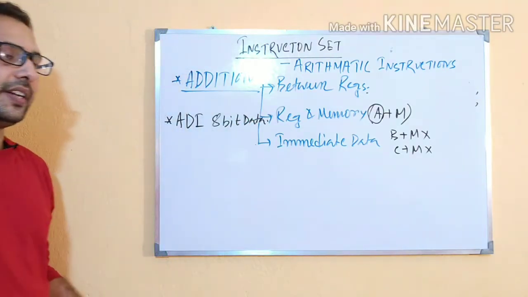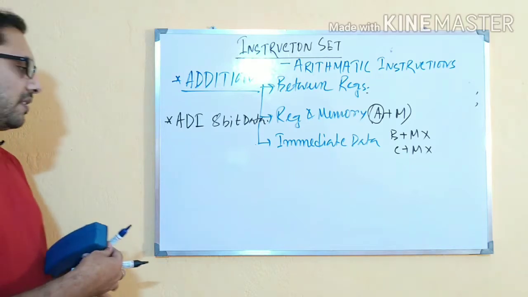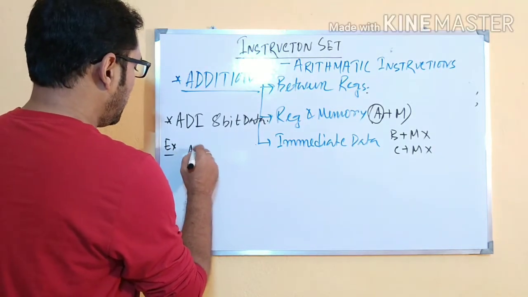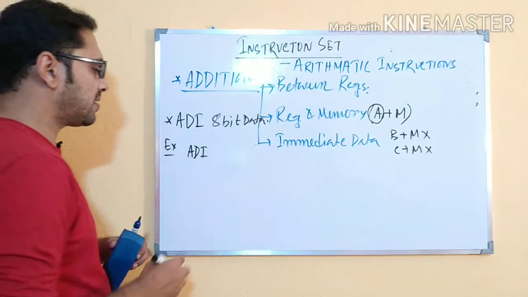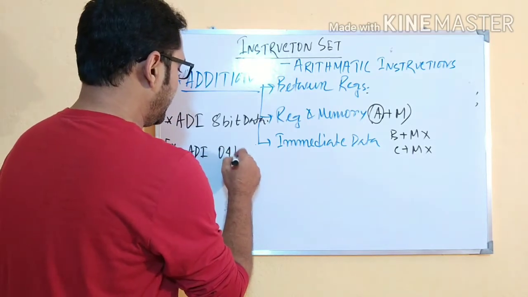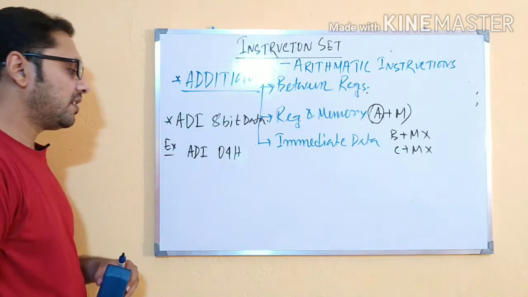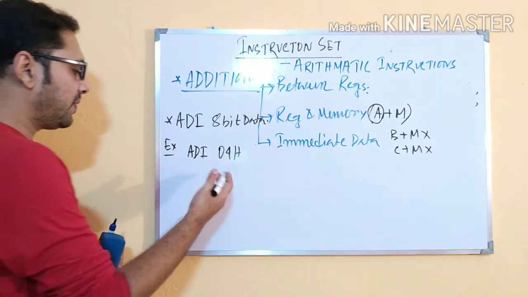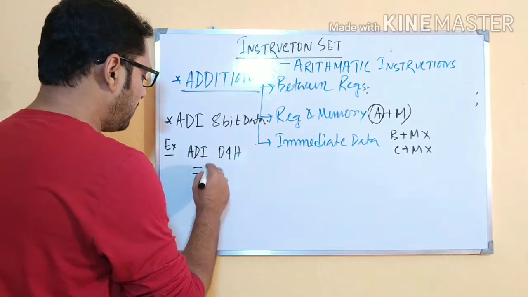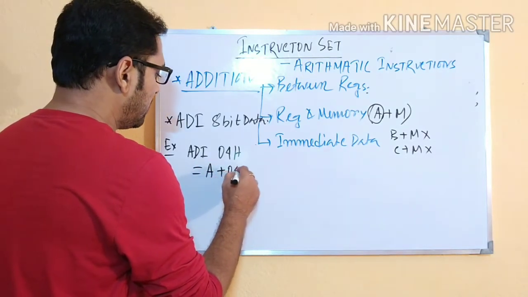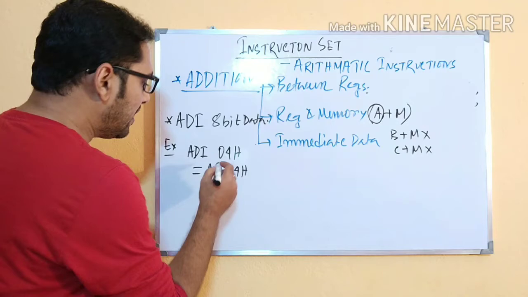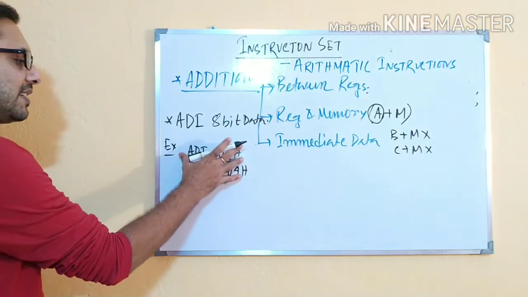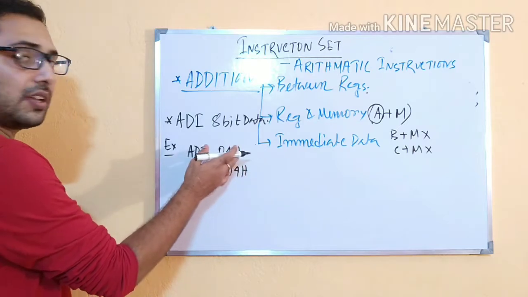Take an example: ADI space, suppose the 8-bit data is 04 hex. By writing this, I want to perform A plus 04 hex, which means this data, available within the instruction itself, is called immediate data,